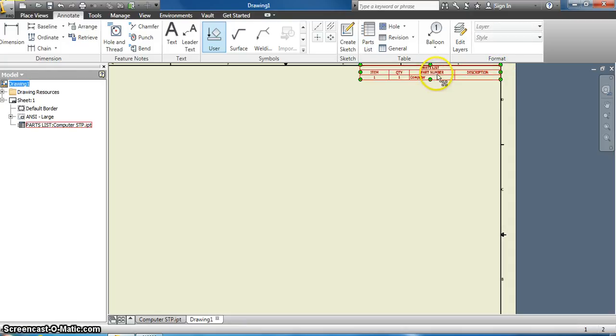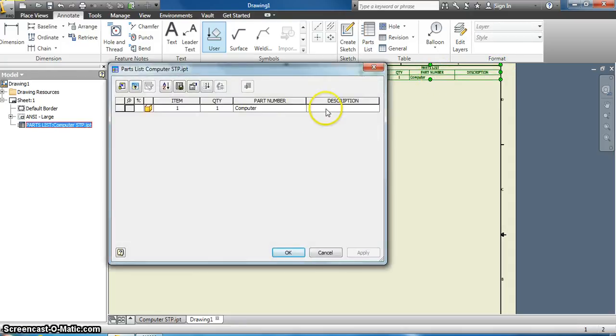Okay, what we're going to do is double click on that, and a couple things we're going to change here. First thing's going to be the description. So what we're going to put here in the description is ABS, capital ABS, prototype,